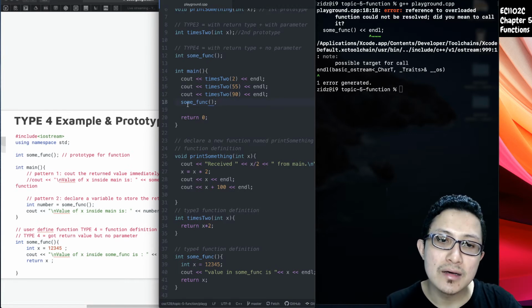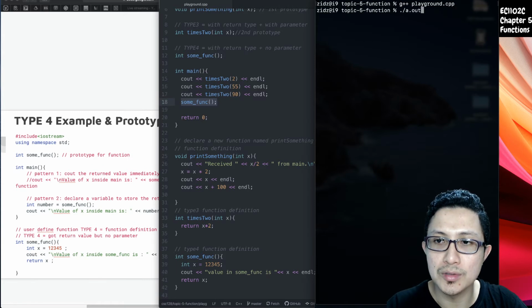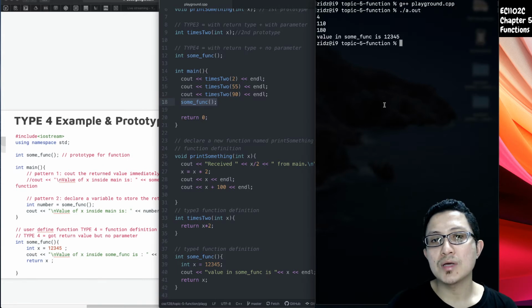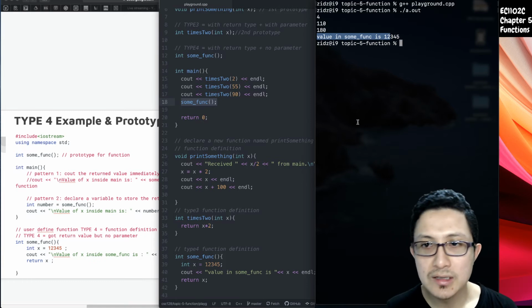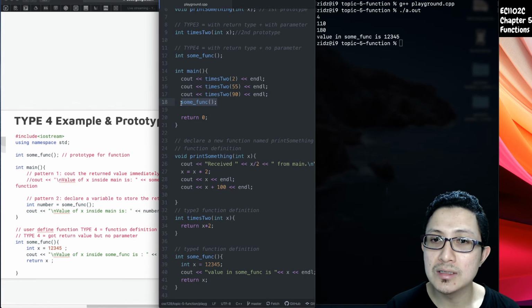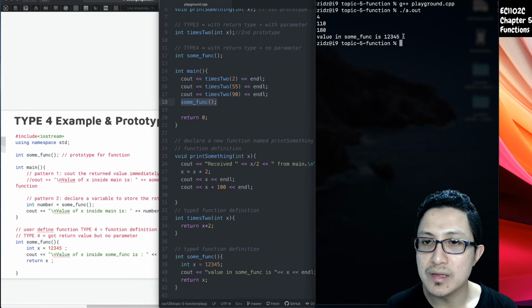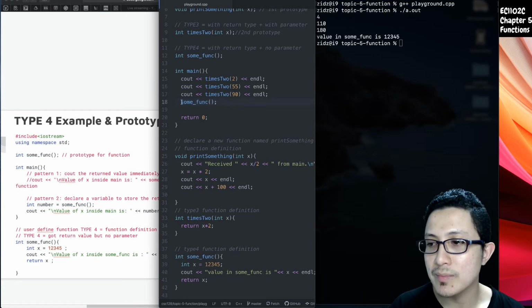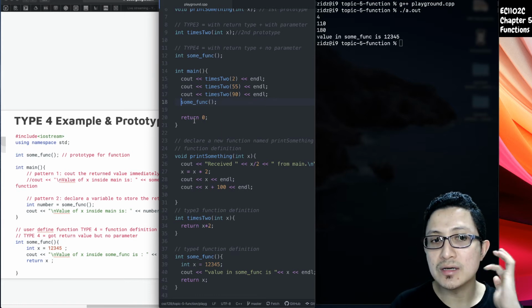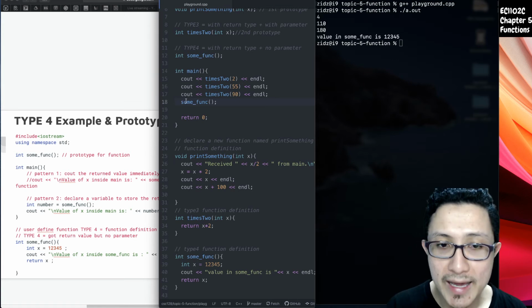But without that cout, you just simply need to call that function like this, because I wanted to show you what's gonna happen if you run the code like this. As you can see, it is doing its job by printing out the value in SumFound because we are calling that function. But since we are not printing out the return value from that function, we are not seeing that value. We should be seeing 1 2 3 4 5 being printed out before I end my console here, right? Now I'm not looking at that value simply because we are not doing that from within our main. We have to do something to the return value. This function is returning that value 1 2 3 4 5, but since we are not doing anything to it,